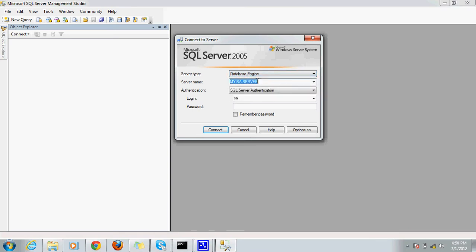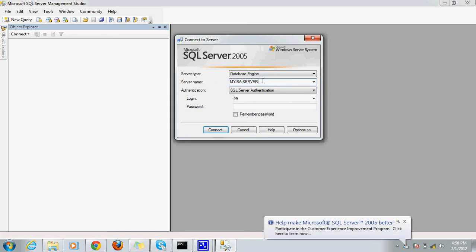Now the server name: you might have different servers in your development environment. If you're working in a development company, you must have many servers, so you need to decide which server you need to connect to. Here I'm connecting to my own database server.